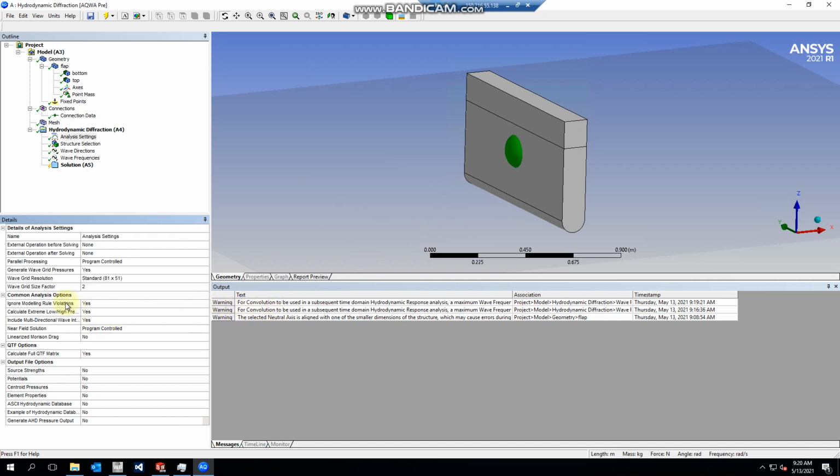And so it's just better to change that to yes, and your simulation should run okay. Keep all these the way you want. For my case, for the wave energy converter, for what I was doing, I didn't need a QTF matrix, so I just turned that off. And I think if you turn on